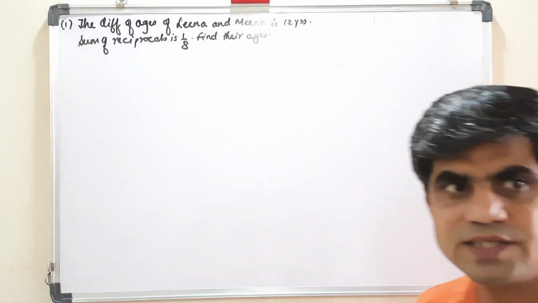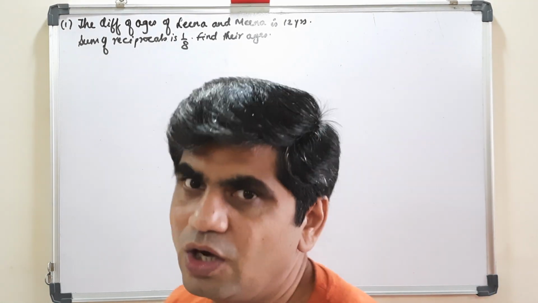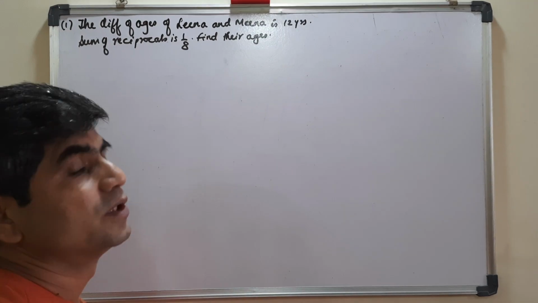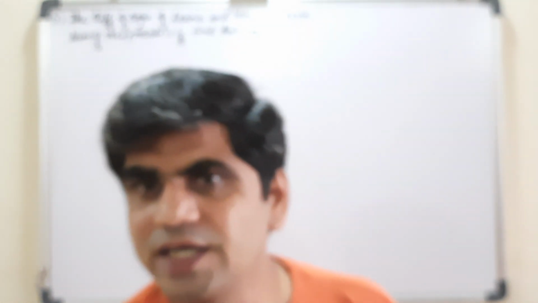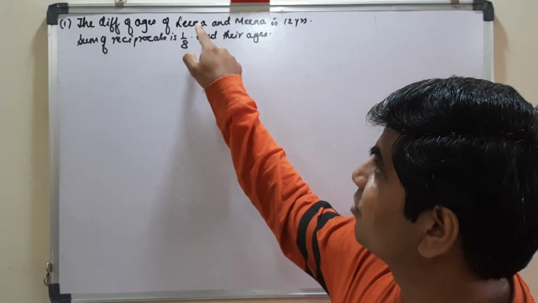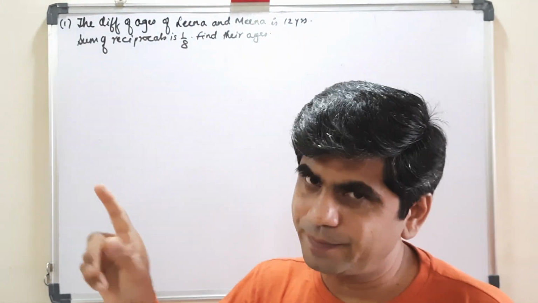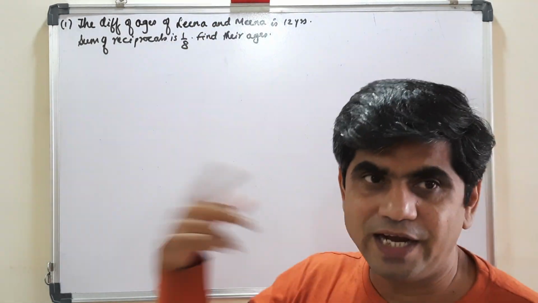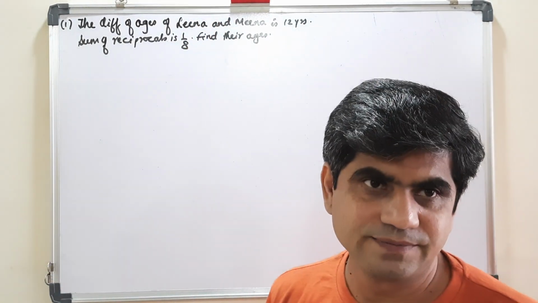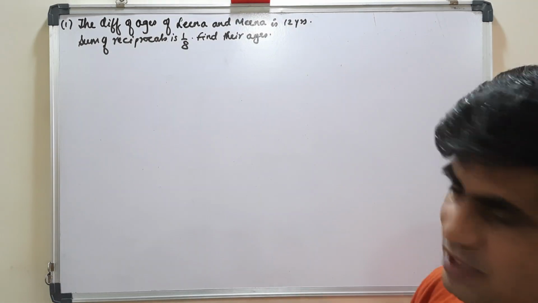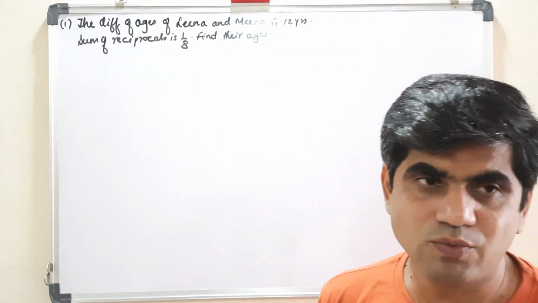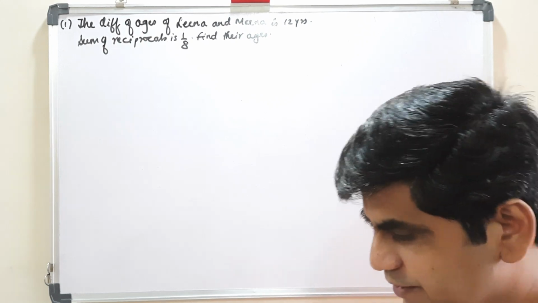You can solve this using one single variable or using two variables. Now this question which I am thinking to solve, here it said that the difference of age of Lina and Mina is 12 years. But is it saying that the first girl is elder and the second girl is younger, or vice versa? No. So I will have to consider the condition first that one girl is elder.